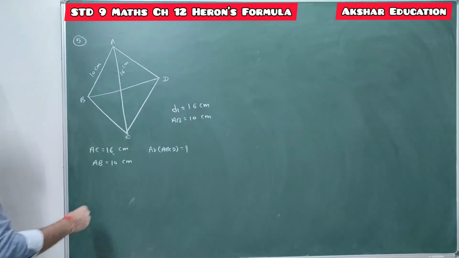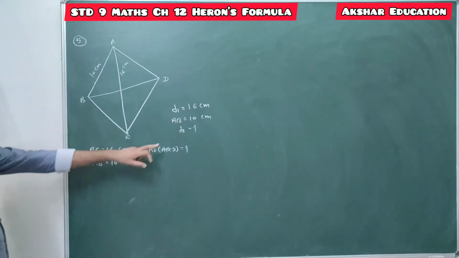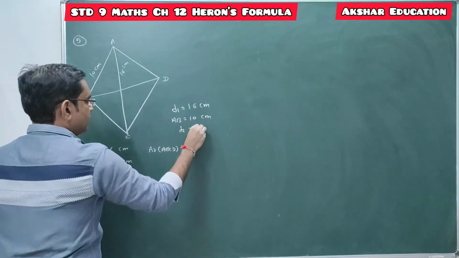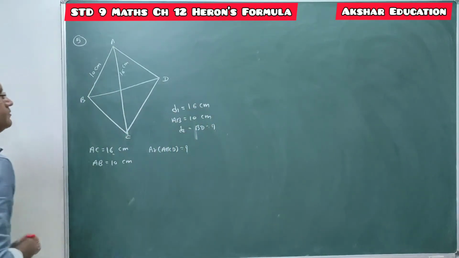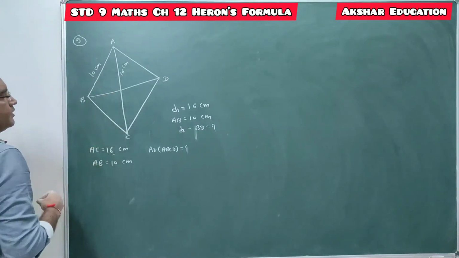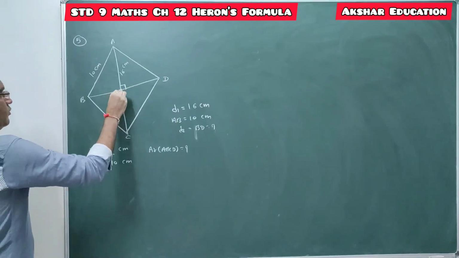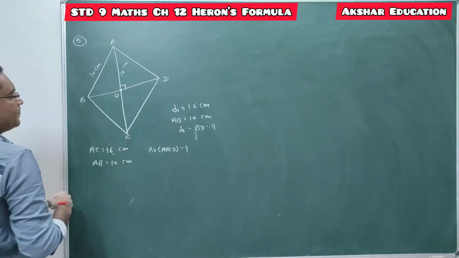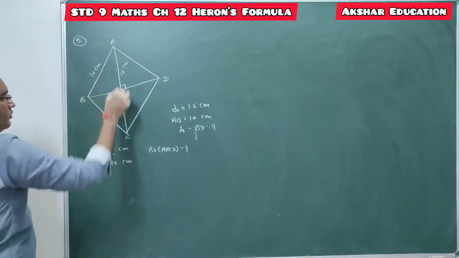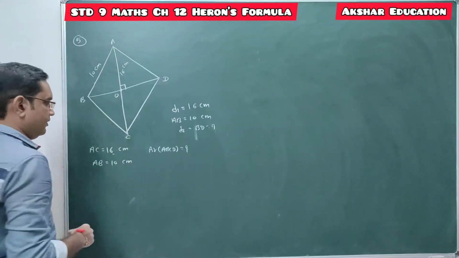So what is the area of the rhombus? Area of the rhombus is nothing but half the product of its diagonals, and for that we require the length of the second diagonal BD. So D2 is nothing but the length of BD that you have to find. Here we are making use of a property of rhombus. In a rhombus, diagonals bisect each other at 90 degree. So this point O is the midpoint of diagonal BD, as well as the midpoint of AC. So total length of AC is 16 centimeter, so length of AO will be 8 centimeter.